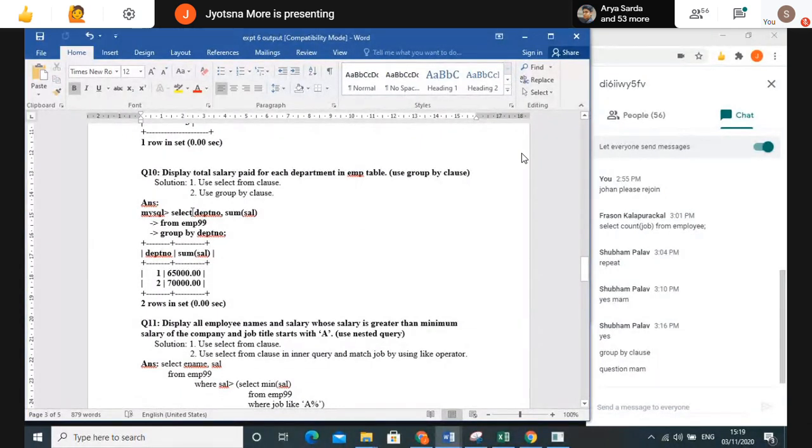In the select clause, the attribute which is not part of your aggregate function is department number. You cannot take the salary because it is already part of the aggregate function. Remember this one thing. Now I want to group by the department number, which is again not part of my aggregate function.